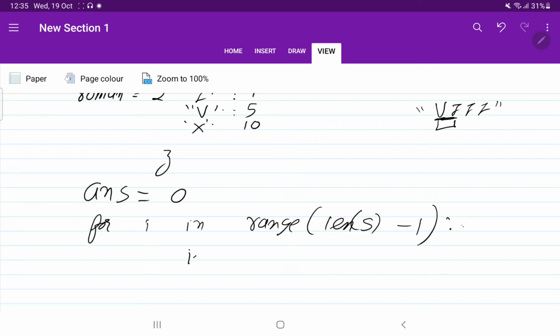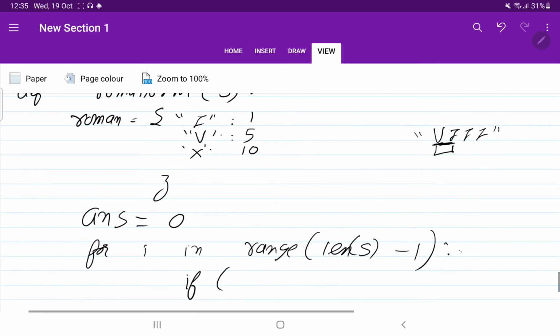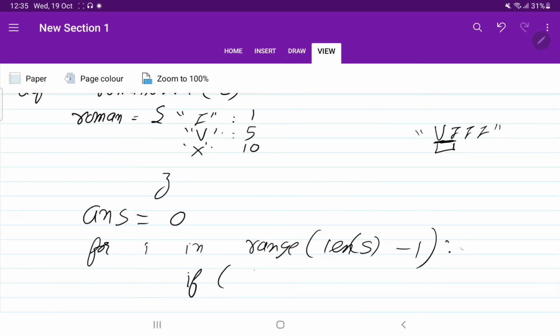Okay, so if Roman of s of i, okay, what is s of i? It will give you the value V. So Roman of V value is 5.